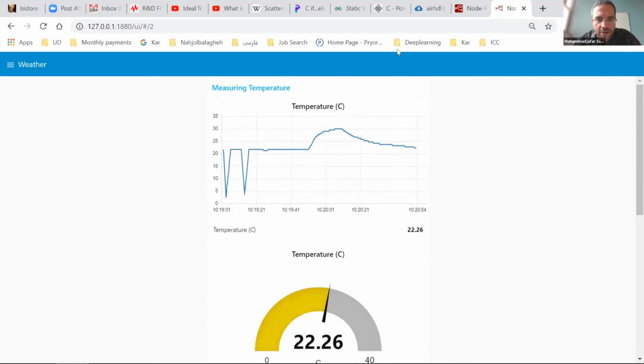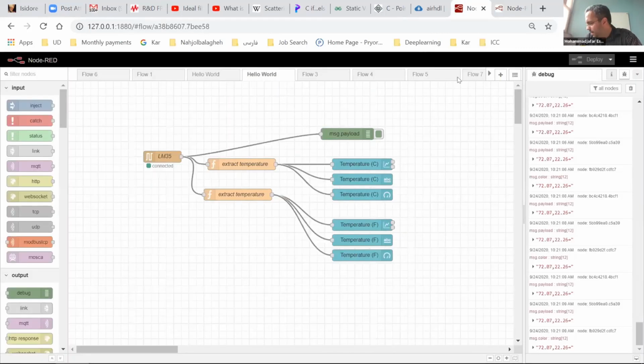There are 2 questions coming. Can you run different flows in parallel? Yes, definitely. You saw that I'm running a couple of them at the same time, right? The OpenWeather one was running, and I just realized, you cannot use the parallel serial port, right? Because as you saw, I'm changing the LM35 serial port. That could be because I'm using the same name for these 2 flows. It could be, but